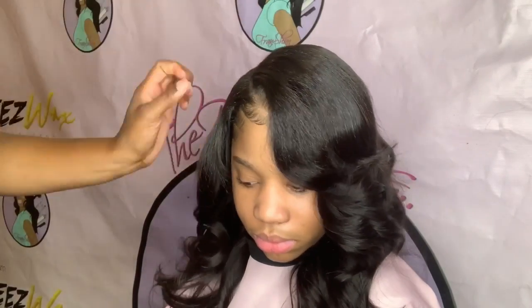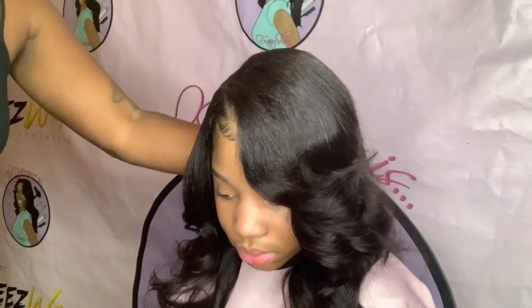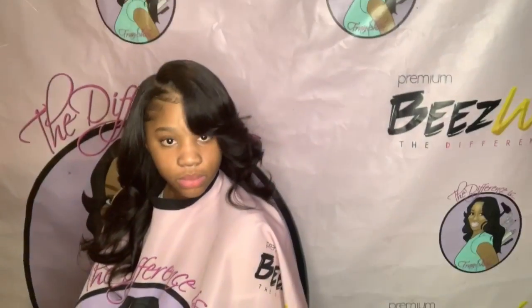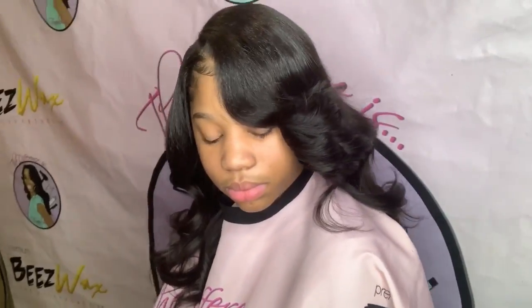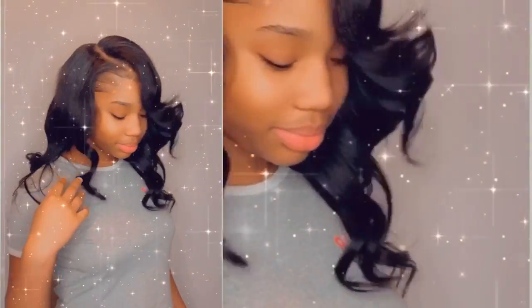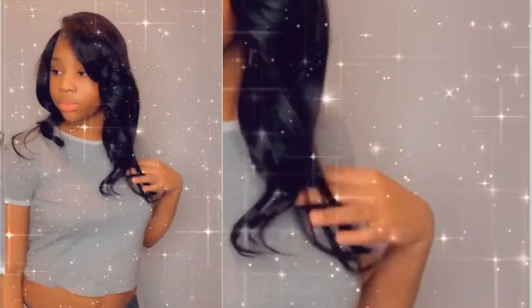A traditional sew-in for my 12-year-old, for my 13-year-old, or my 14-year-old. She's going to high school. We want to get her hair done, something that will last. Me, honestly, I do think that this hairstyle will last up to 4 to 6 weeks for your minors, as long as they wrap their hair up and also blend their natural hair. You shouldn't have any